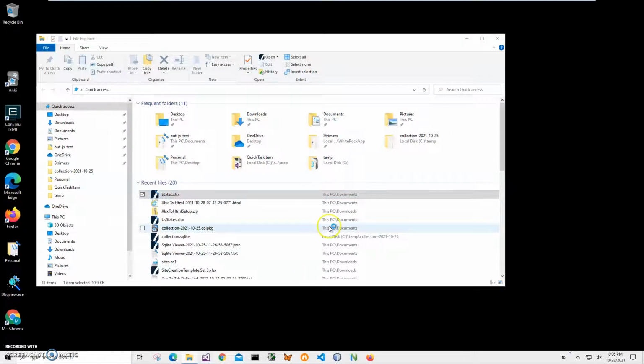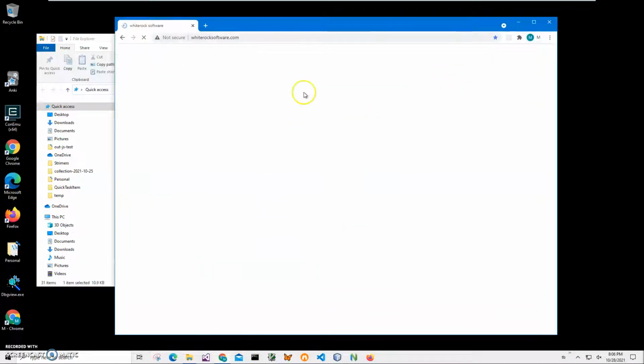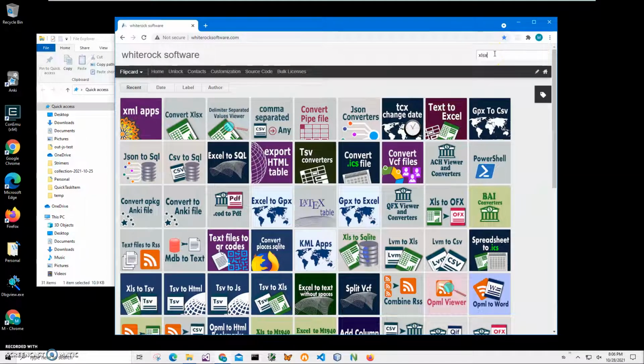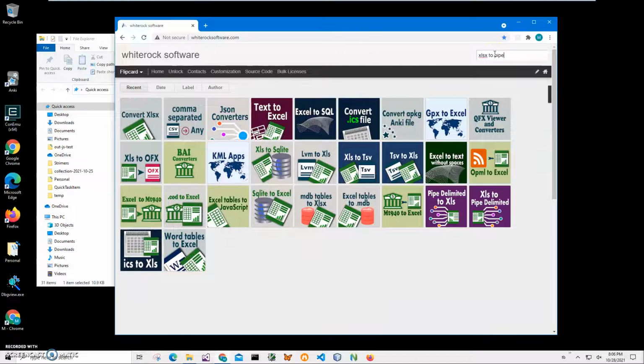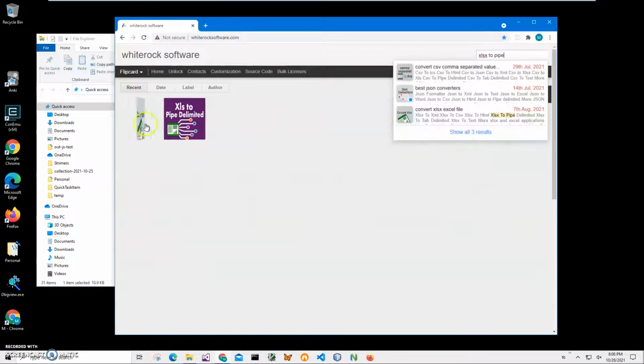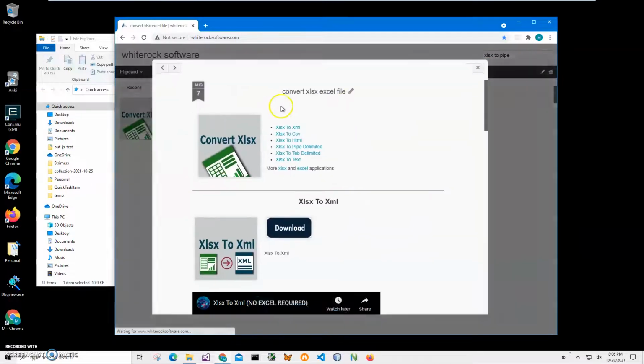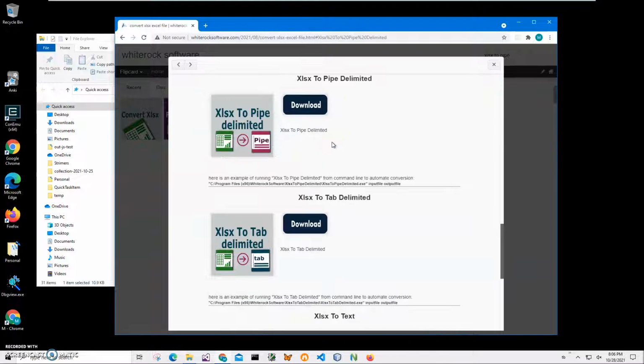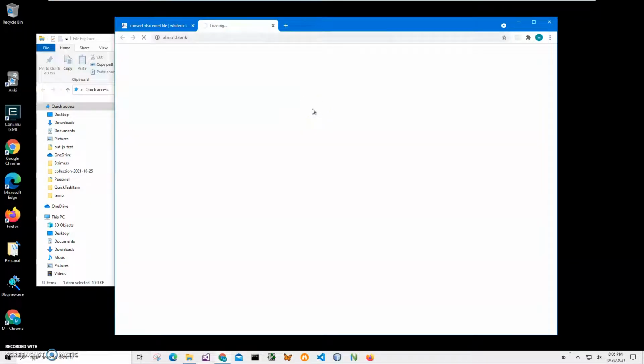In order to do this, I will go to my website. This is my website, and we'll click on search and type Xlsx to pipe. Yep. And I need this one because this is an old Excel file, like Excel 97 or something. It's an XLS file. This is a new Xlsx file, and I need Xlsx to pipe delimited. I'll click on it and click on download to start the loading process, and wait until the archive is downloaded